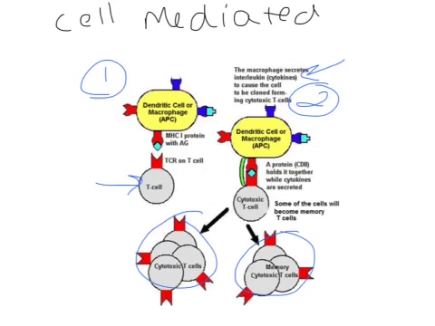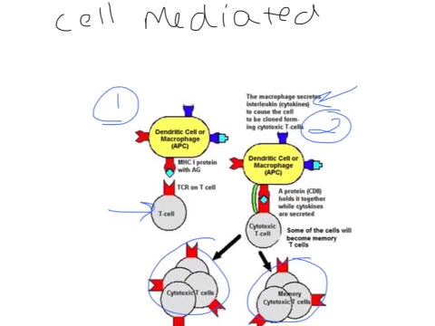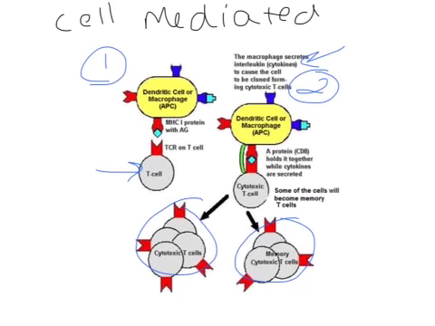Okay, and so this will happen when the MHC1 finds a match. Okay, so when the antigen there that's in the MHC1 finds a match, that's going to trigger the formation of these cytotoxic T cells. Okay, and so cytotoxic T cells are going to go and attack your infected cells. Okay, so they're going to go and attack your own body cells that have been infected to prevent them from